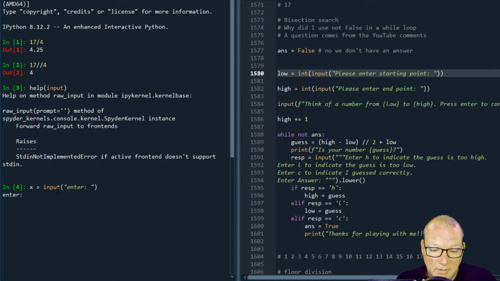So enter, and then I go 6. Then I call x, and I get 6. If you don't know, that's a string. A string is considered a non-integer, non-float, even though it can represent a digit if it is an actual number as a string. So all right, you can handle that.